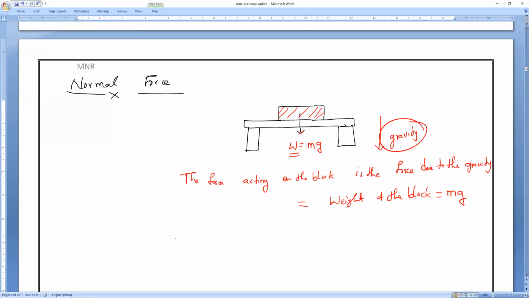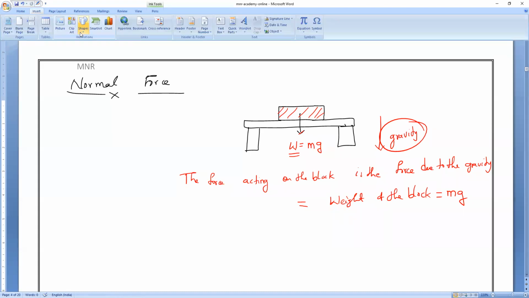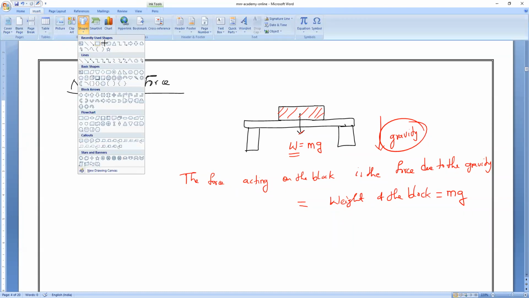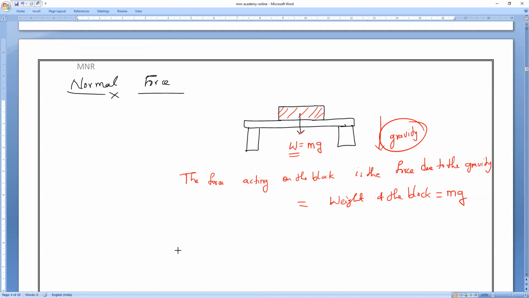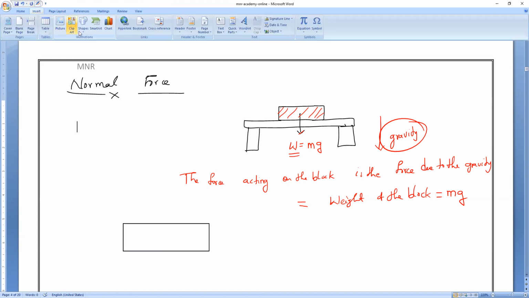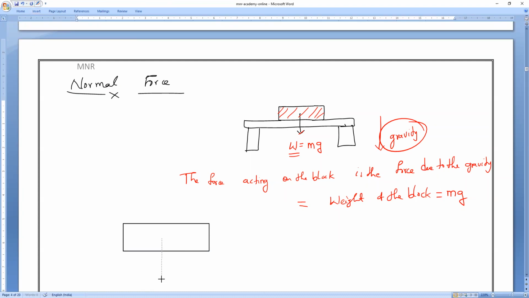Yes, please. Now, if you notice, this force will always act in which vertical direction? Everybody, fastly respond. Downwards. It will always act vertically downward. So I can say mg is always acting vertically downward.